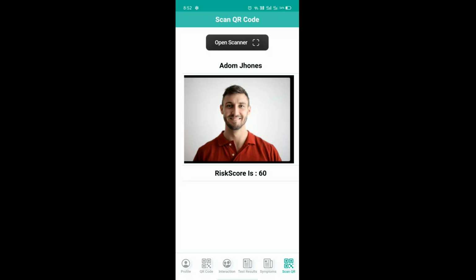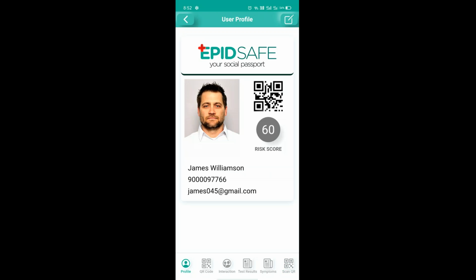And it would also log it in as an interaction. We can have an option here, Harsha, as I'm going through. When you scan a QR code, we can give them the option to log that as an interaction or not log it as an interaction right there. You can scan anyone's QR code and say, yes, log it as an interaction, or don't log it as an interaction. So you can log the interaction right there.